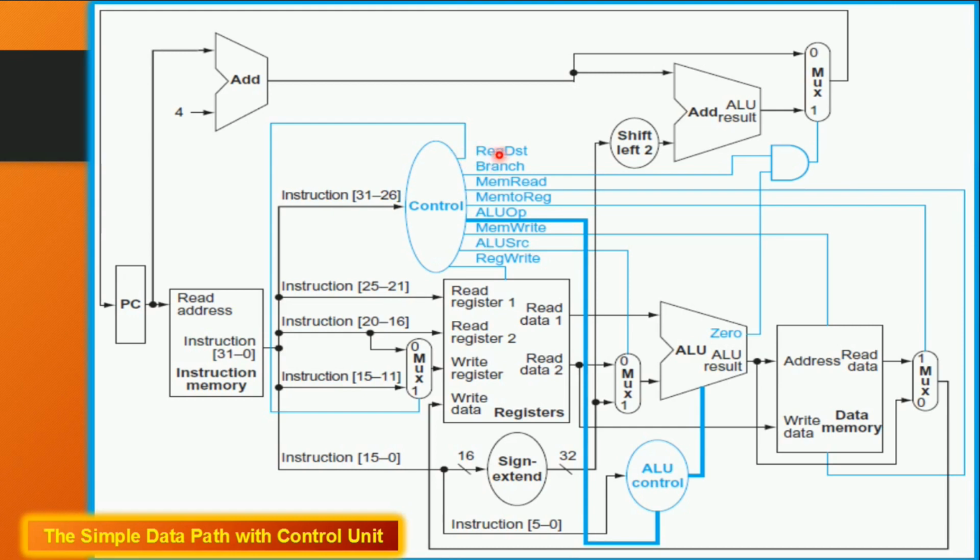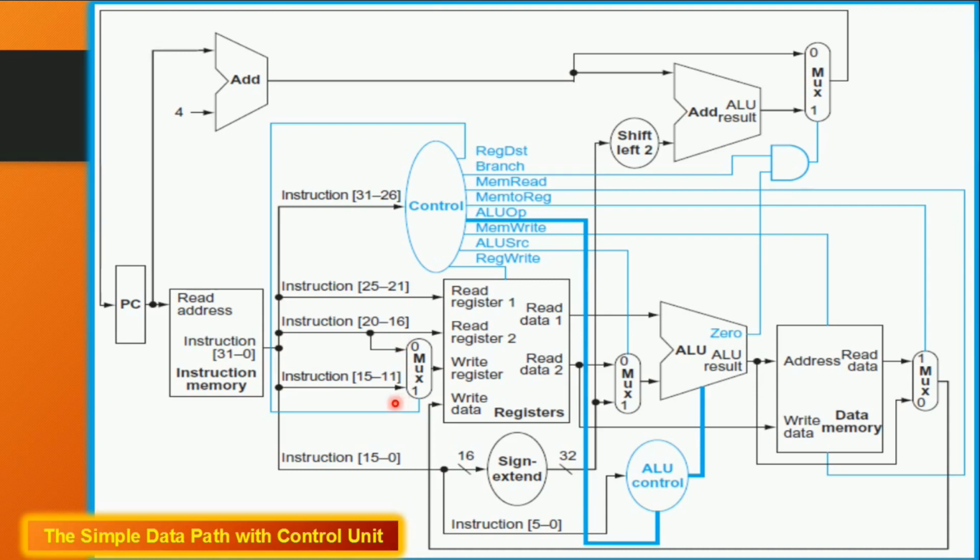The first control signal is known as the register destination signal. This signal is used to select between RT as well as RD. Which register out of RT and RD should act as the destination register will be based on the register destination signal. If it is an R type instruction, we will have RD as destination. For instructions like load word, a data transfer instruction, RT will be my destination register.